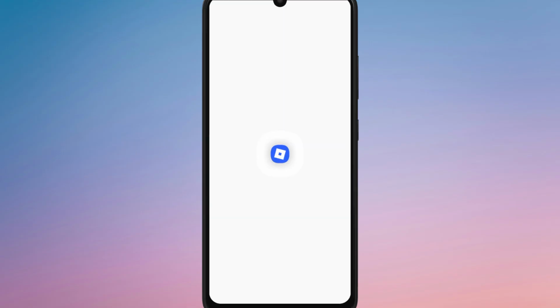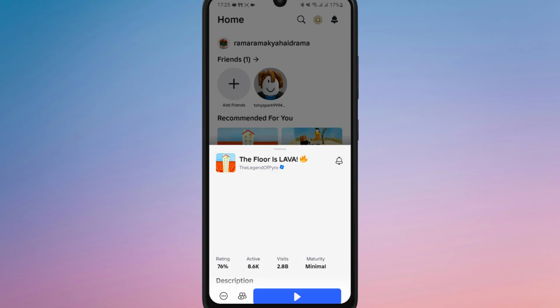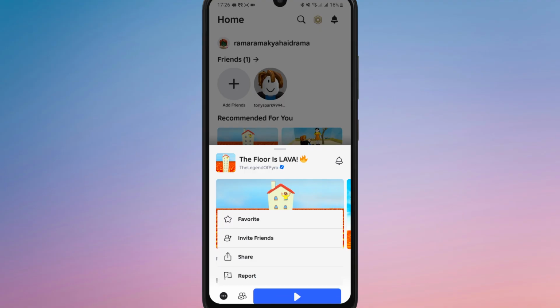First of all, open the Roblox app and go to the game you want to add to your favorites. Once you're on the game's page, you'll see a 3-dot menu at the bottom left corner. Tap on it. From there, select the favorite button or simply tap on the star, and the game will be added